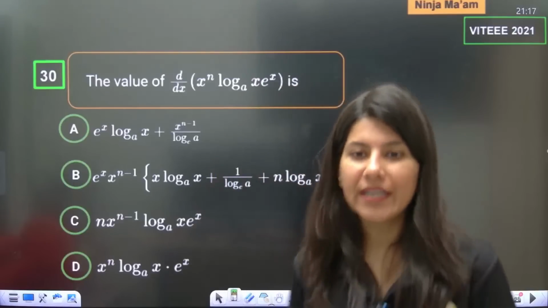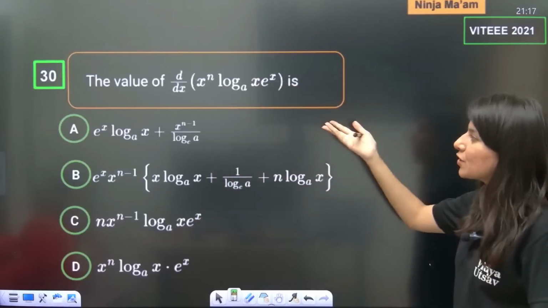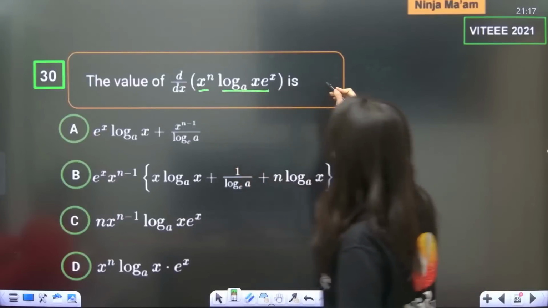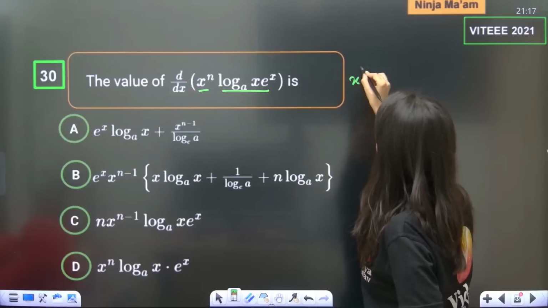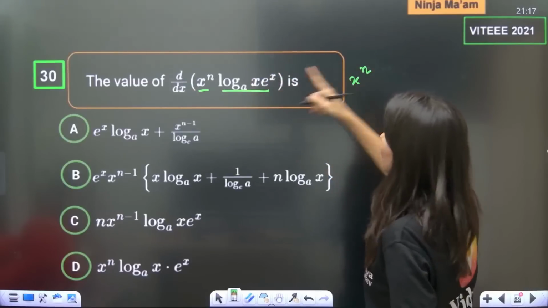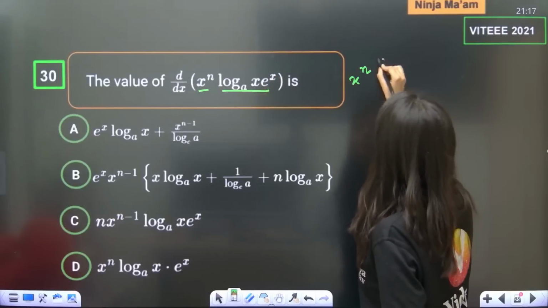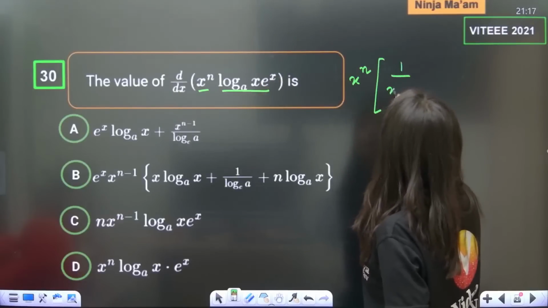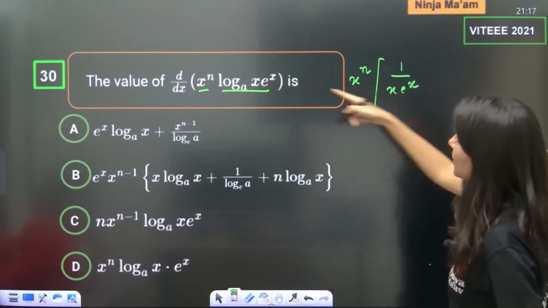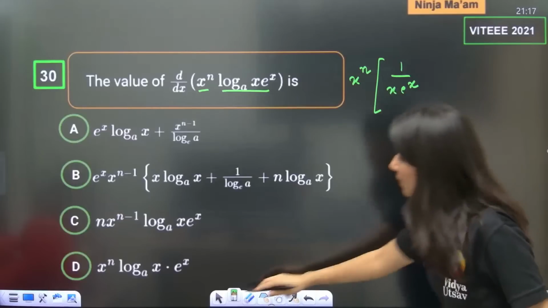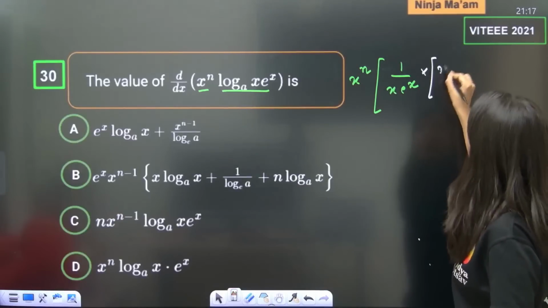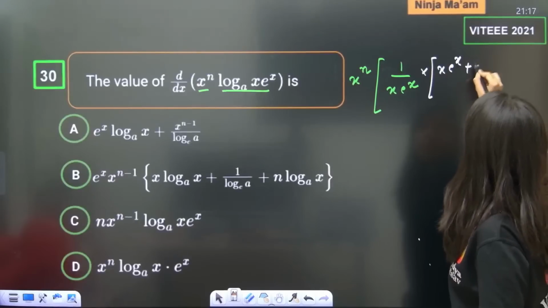Okay? Alright, now this is a proper simple question on derivative. Derivative of two functions, right? Product rule will be applicable. So I am keeping x power n constant and I am going to differentiate this. Now derivative of log of x e power x will be what? 1 upon x e power x. Now what you need to do is you need to differentiate x e power x also using product rule. So how do you do that? X e power x plus e power x.